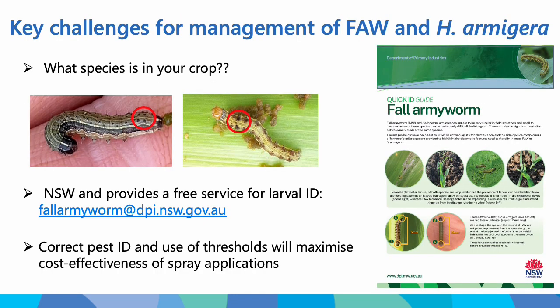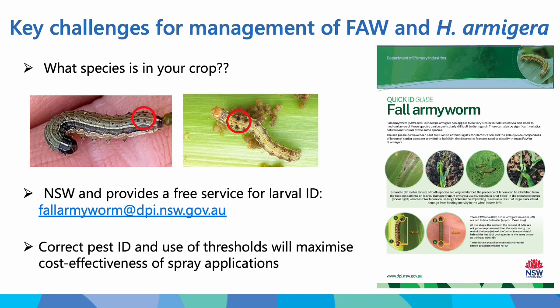So in-crop monitoring is a really important first action in management of these pests. But larvae can be a bit tricky to tell apart, especially when they're small. So if you need help with identification, DPI does provide a free larval ID service. And all you have to do is send images to the email address fallarmyworm@DPI, and we can help you out